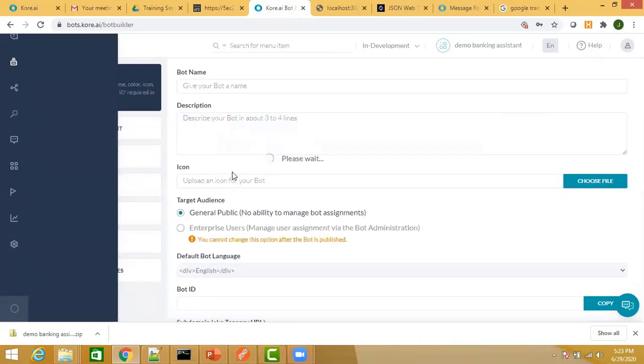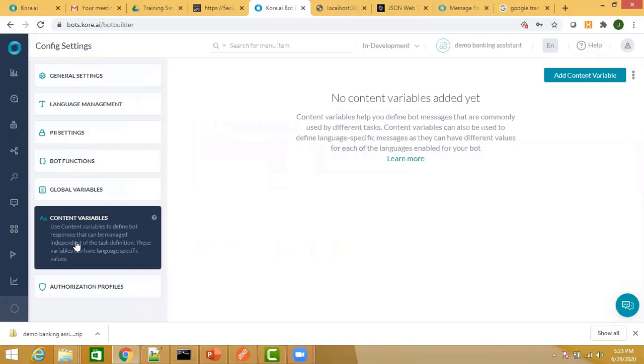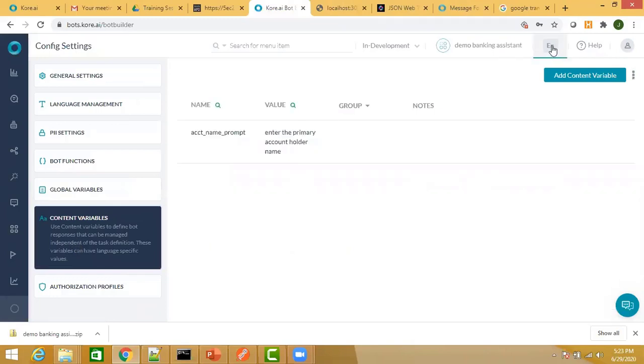So right now we are in the English language. Okay, I go to content variables over here, and I change the language. I go to the German language.